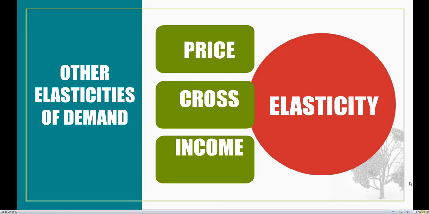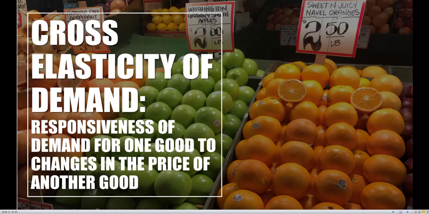Here, with cross elasticity of demand, we're looking at two different goods, and with income elasticity of demand, we're looking at changes in income. So you do want to be very careful with all these elasticities, because they look at different variables, and depending on the variables we introduce, that tells us exactly what type of elasticity we should be using. So let's take a look at the cross elasticity of demand, which measures the responsiveness